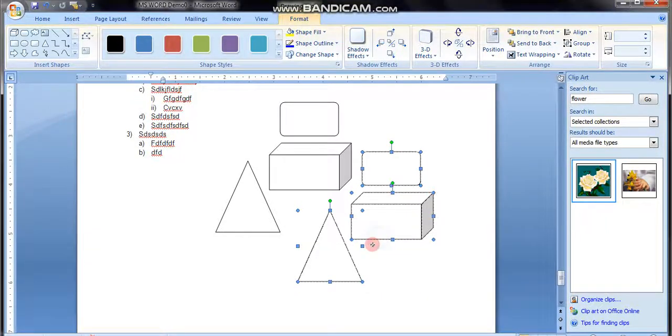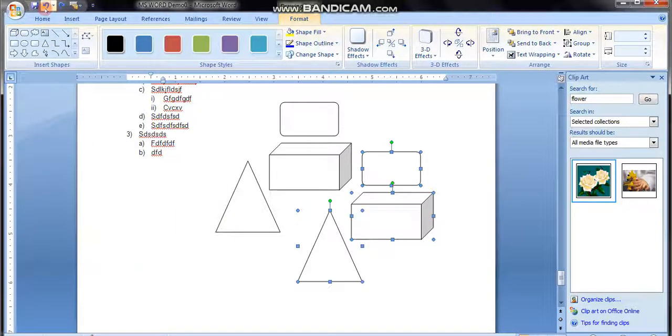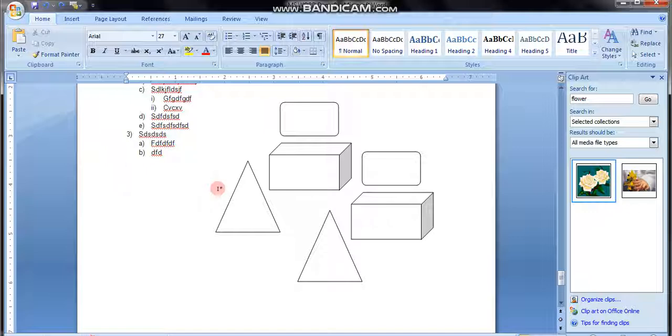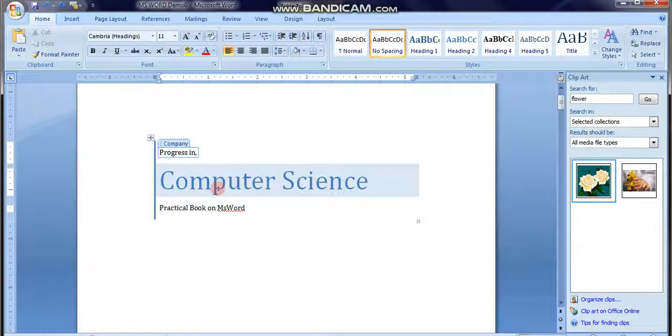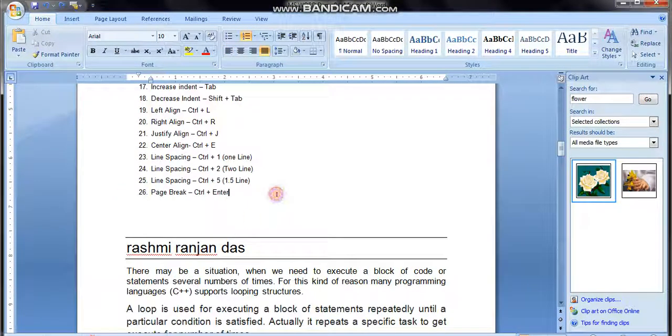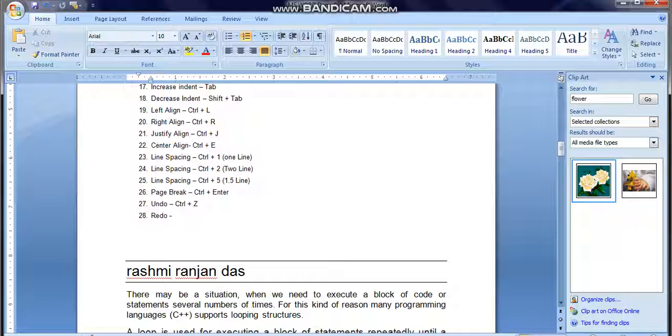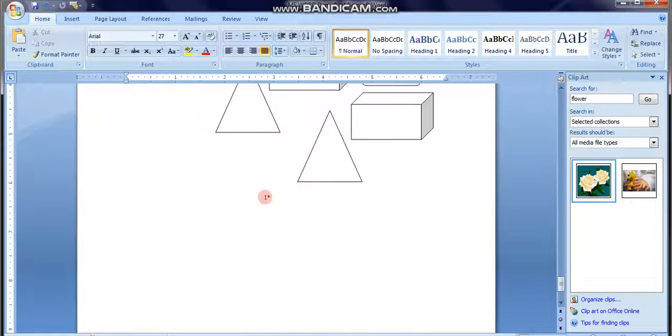If you don't hold Control, in that case it won't copy, it will just simply move. See, I'm not holding Control now, it is moving. But once I hold Control and I'm moving, see, it is copying now. It got copied. Okay, so I'm choosing the undo option so that it will go from the screen. Fine. So here we got one new shortcut key for undo as well as for redo. For undo we can use Ctrl+Z, and for redo, meaning repetition, we can use Ctrl+Y. Let me show you practically what undo is doing, what redo is doing.